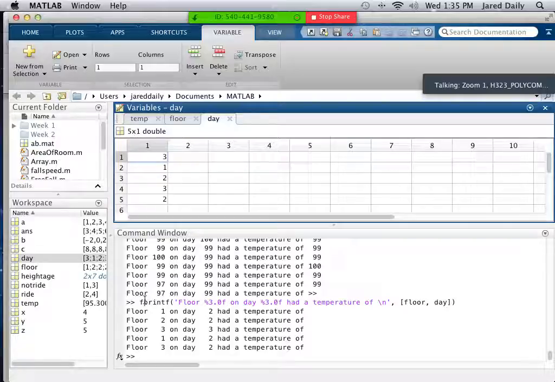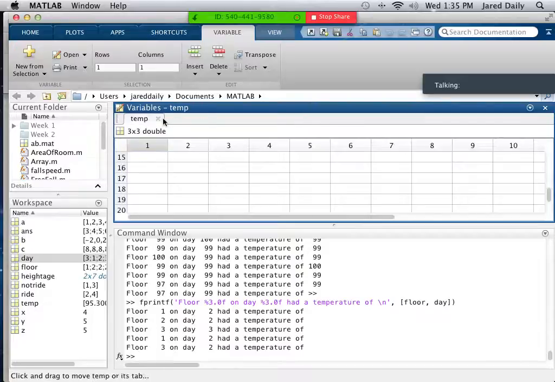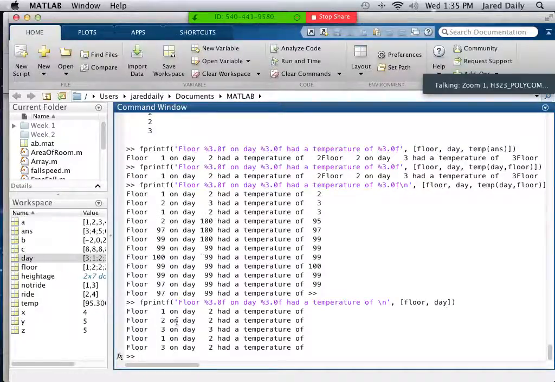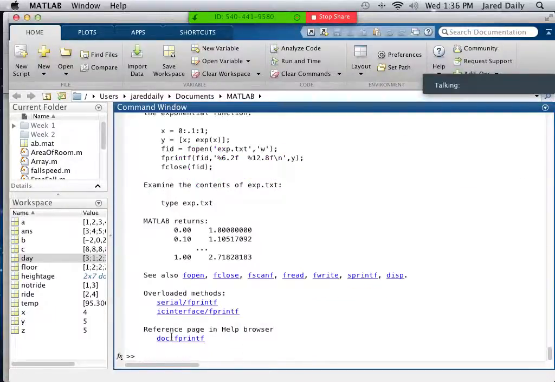Yeah, it's all mixed up here, and I don't know why. So to fix that, we'll have to go back to figuring out what we did wrong with fprintf, which can happen. So if we do fprintf,